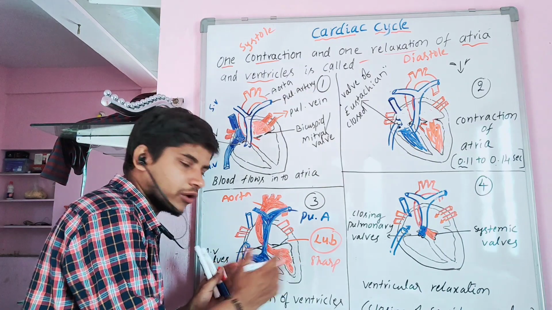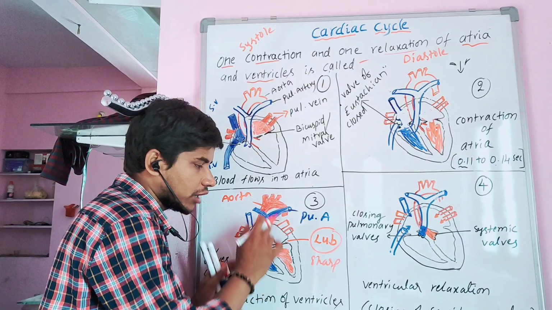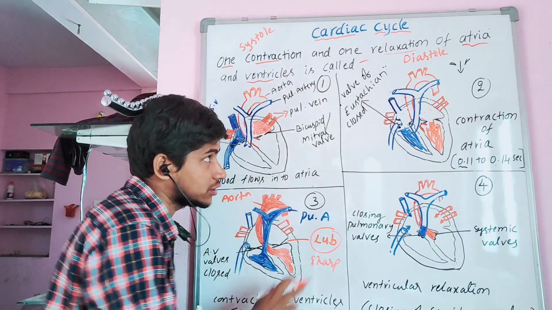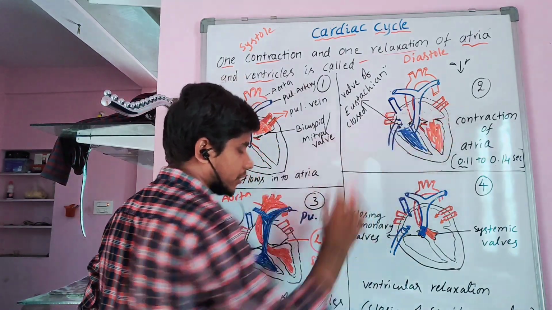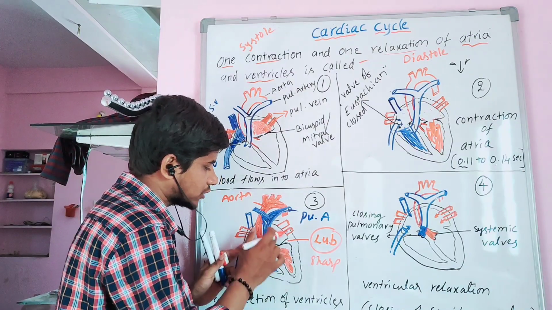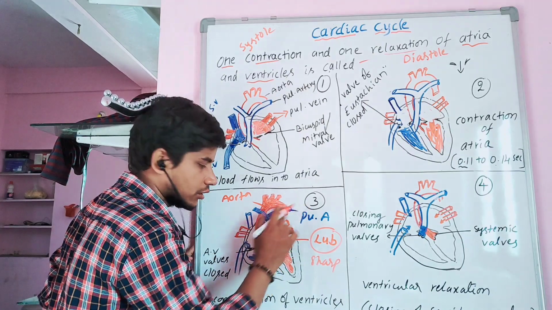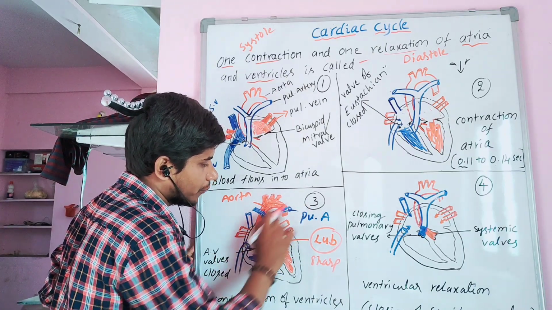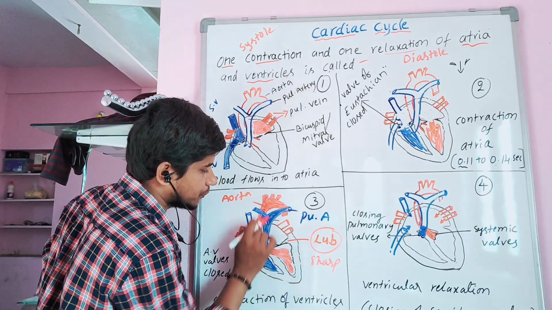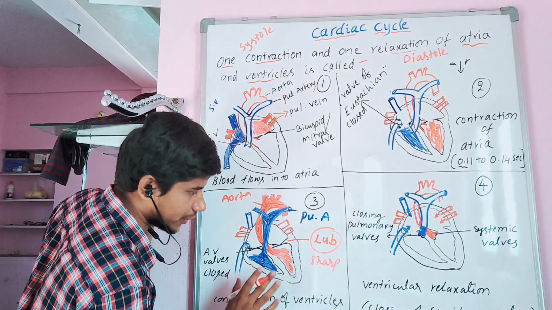When the ventricles contract with high force, that means ventricular systole, the valves, they are one way. We discussed in a previous video, the valves are one way, they allow flow only in one direction. These are allowing the blood from the auricles to the ventricles. When the ventricles contract, these valves will be closed and there is no chance of blood going back to the auricle. Then the blood from the right ventricle will be pumped into the pulmonary artery. From the left ventricle, the blood is pumped into the aorta. Now, the ventricular contraction is completed.